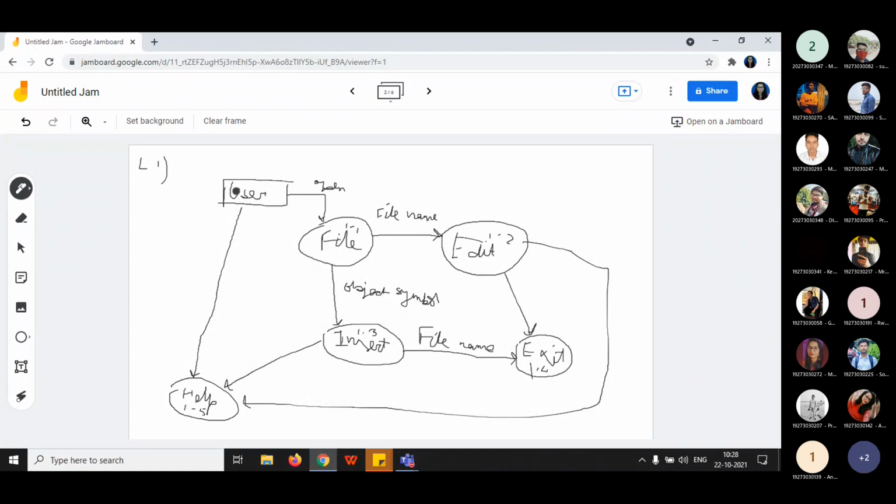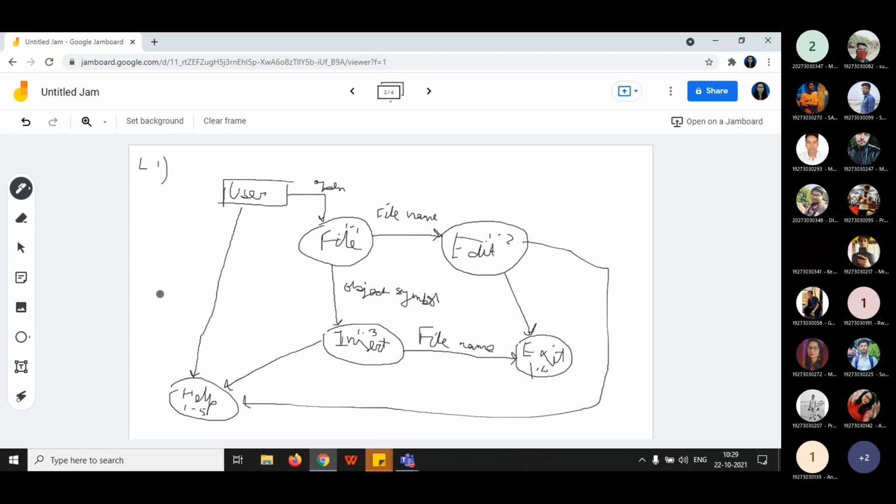That is, user using file name can move to the help option. Also, insert using file name can move to help. That is, if you are finding any error while inserting a symbol, using the file name, you can move to the help. Also, whenever you are in the edit option, you can move to the help using the file name.